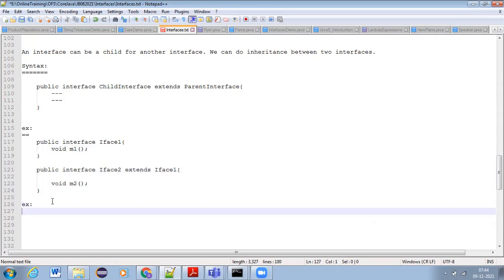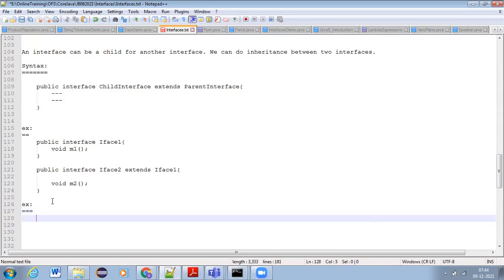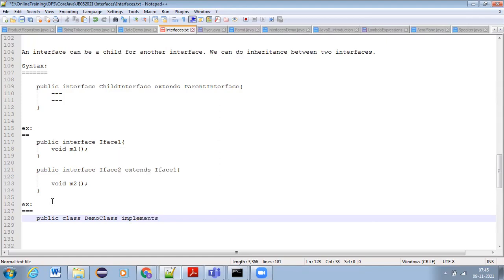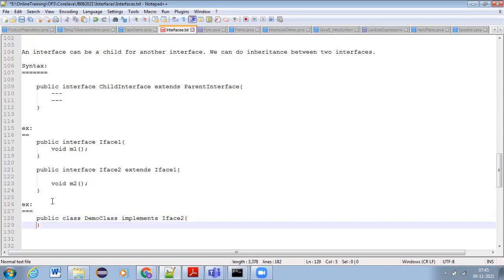Example, public class DemoClass implements. Whenever we are writing a subclass for an interface, what is the keyword we need to use? Implements. Implements which interface? IFS 2. If I write IFS 2, then what are the methods I need to override here?